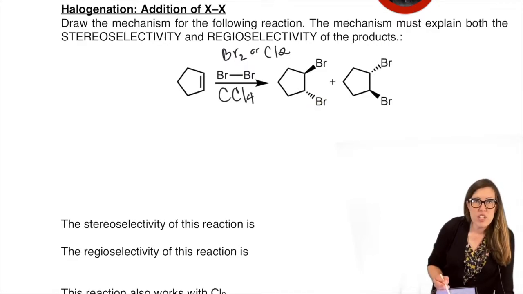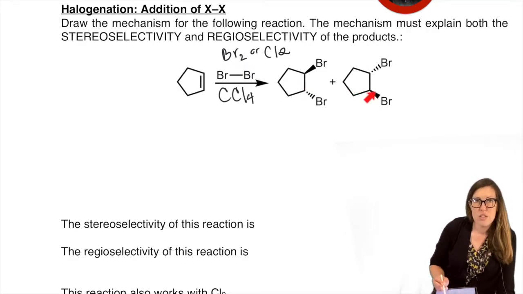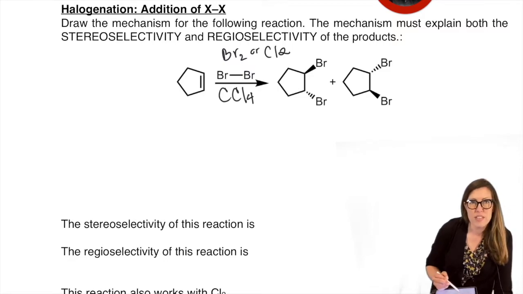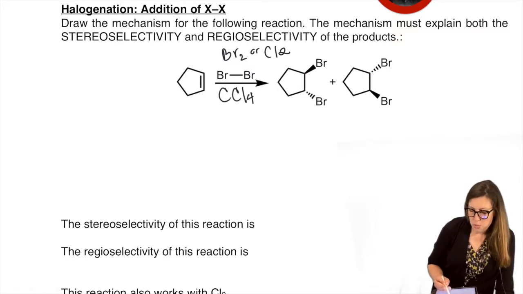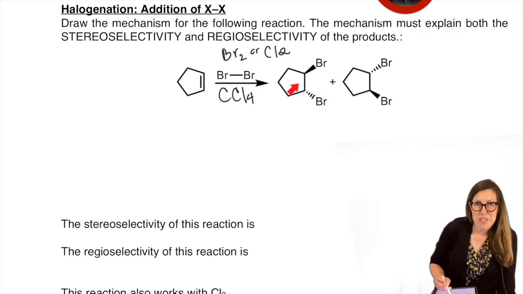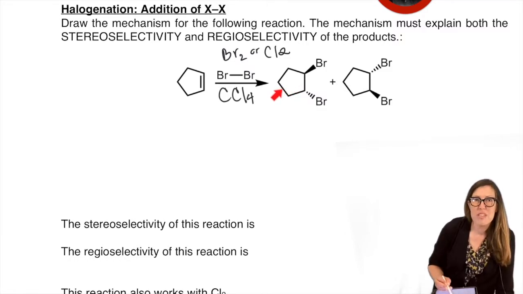That is not a regiochemical question. It's a stereochemical question. It's their relationship in space. They're on the same carbons. So that's why it's not a regiochemical question. This is a stereochemical question. They're anti. Their relationship in space is fixed. So you form two possible enantiomers. However, you only form the set of stereoisomers that are anti. You don't form the syn set.